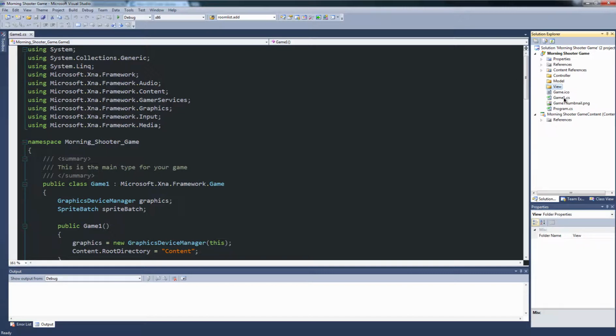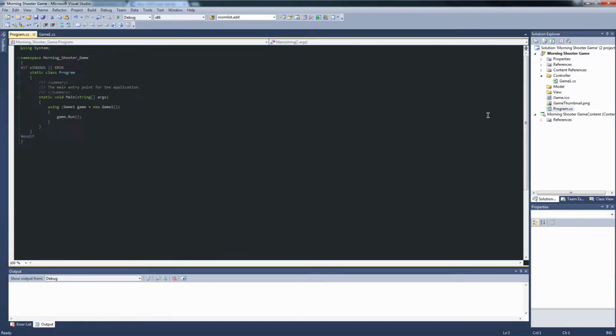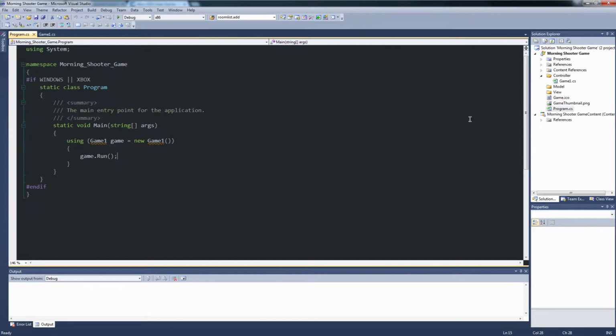All we have to do is take Game1.cs and drag it into the Controller folder. Oh, that's nifty. However, we have no reference as to where it belongs in the controller folder inside our code. So we have to manually add that in right here. We're going to go to Morning Shooter and type in .Controller and save. No big deal. And if we double click on Program.cs and maximize the font on this,